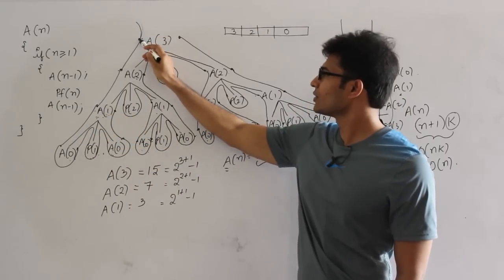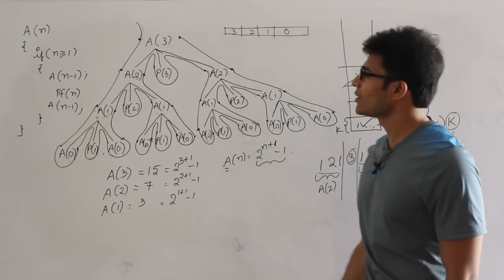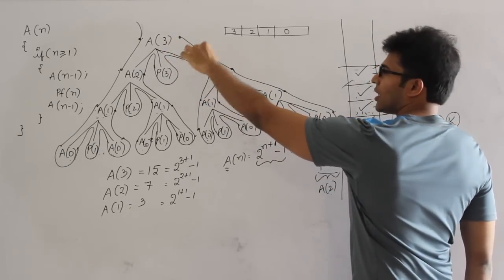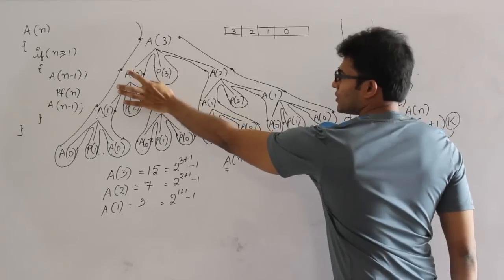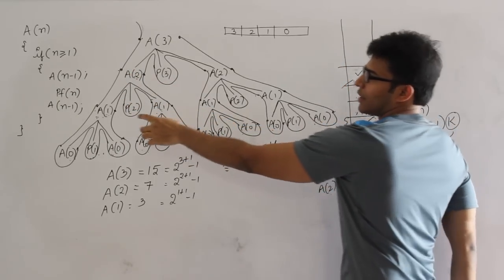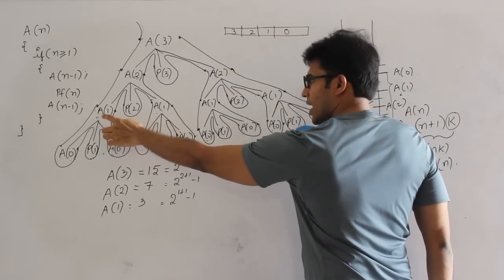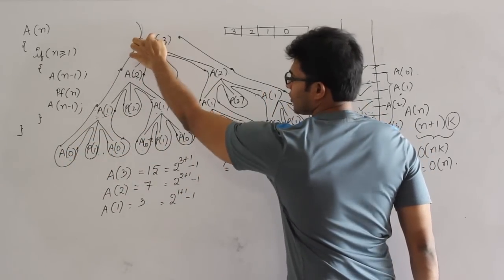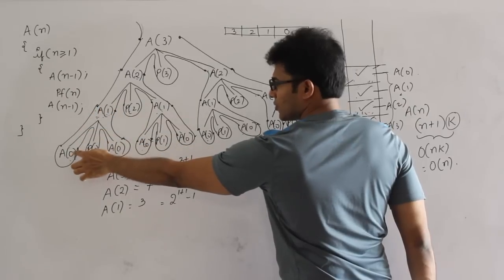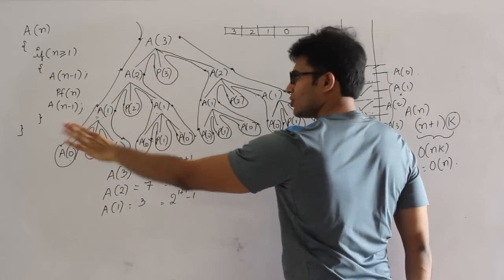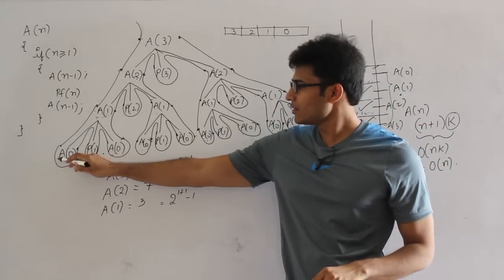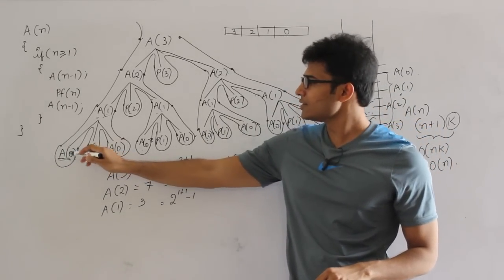Whenever a of 3 is called, I'll decide whether I should call it or not. Since a of 3 is called the first time, I have to call it. Since a of 2 is called the first time, I have to call it. Since a of 1 is called the first time, I have to call it. And a of 0 is called the first time, so I have to call it. Therefore, this first chain, a of 3, a of 2, a of 1, a of 0, has to be definitely called. And then by the time I finish a of 0, I'll see what a of 0